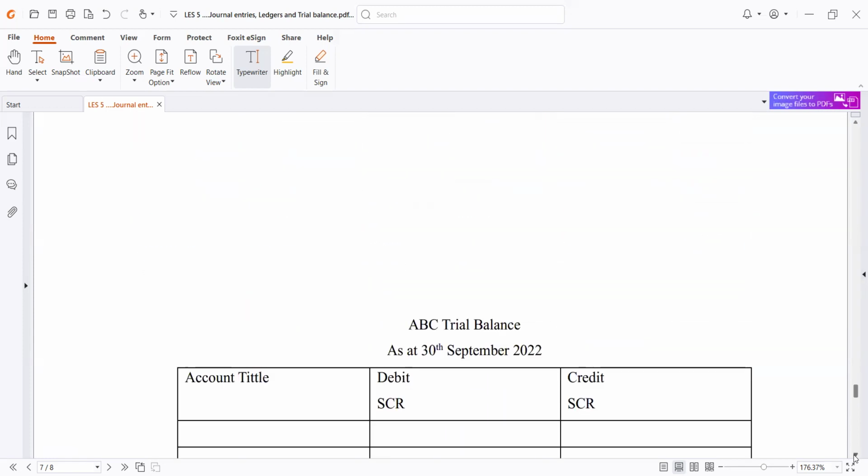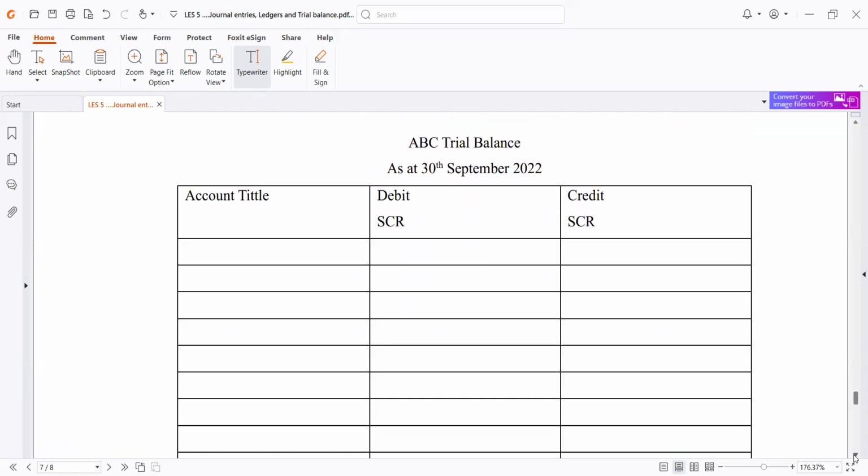So once we are done with that, the third thing that you're supposed to do is to have a trial balance as at 30th September 2022. So what you need to do is all the accounts that we had, you write them here. So we had a bank account. We had here capital account. Then here we had drawings account. Then we had